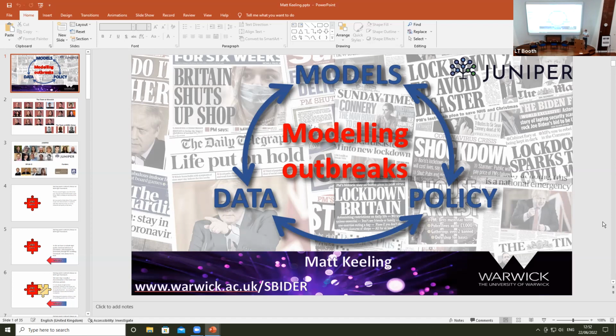I hate to say this, I think it's a mixture. Ed's the person to talk to, and Ed will be talking somewhat more about interactions between models and data tomorrow, is it? Yeah. But my take on it is that there's some things that we should be able to do. We should be able to say, well, we know that when the media starts putting out lots of stories about there being a new variant, and we don't know how bad it is, people might react slightly differently. I think to some extent, there's also a point that you might not be able to do it,